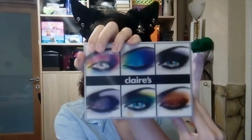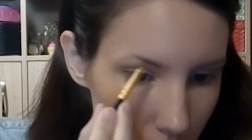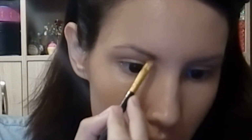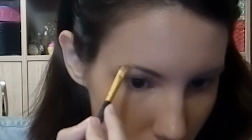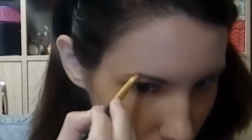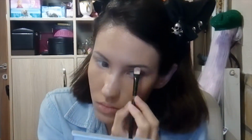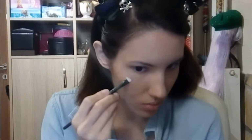I have a few. Now I'm using my Claire's palette to draw my eyebrows with black because my hamster is a beautiful silver colored hamster, a light gray light silver color. And after that, I'm using silver color from the same palette to do the highlighting, because he's silver colored but the end of his ears are a little bit black, his nose and lips are pink,